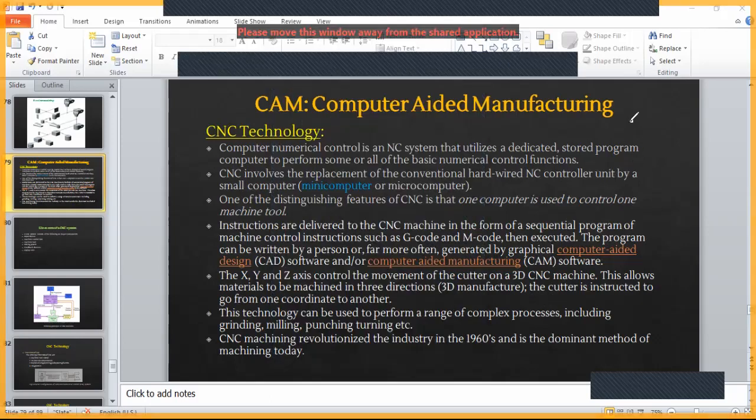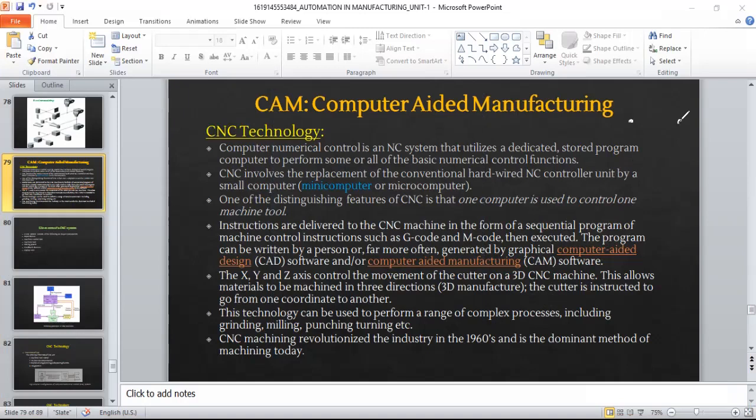Like for example, you can specify one point and another point, right? And this point. So you are specifying in the part program just points. This point and that point and this point, and the cutter will firstly come here and then go there, right? And then go there, like that. So this is point to point.